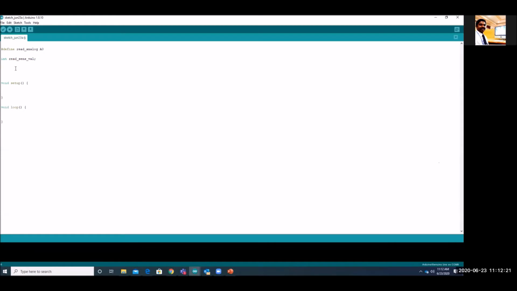If we want to convert whatever value comes from the analog pin into voltage, we can convert it through a formula. Usually, if it is 0 volt, the reading will be 0. If it is 5 volt, the reading will go up to 1023. So this will be our starting point, and this will be our end value. Within this range only, that analog value will float.